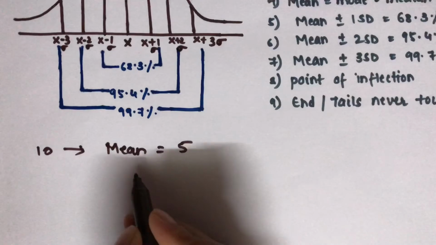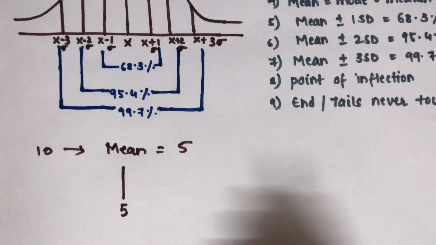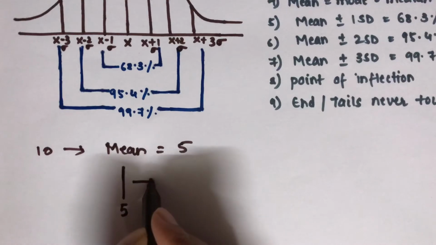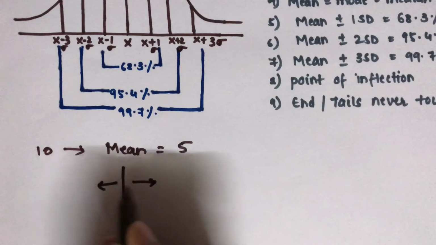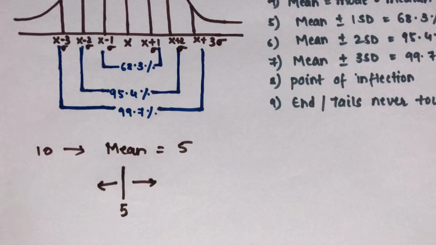Now in graphical form, suppose this is the mean, the center value. Your mean was 5. The values which are dispersed or spread on either side of this mean are the measures of dispersion, and in that we have seen the standard deviation. Depending upon that standard deviation we have this normal curve, and hence it is also known as a standard distribution, because we are following standard deviation in this. Now why is it called a normal curve?